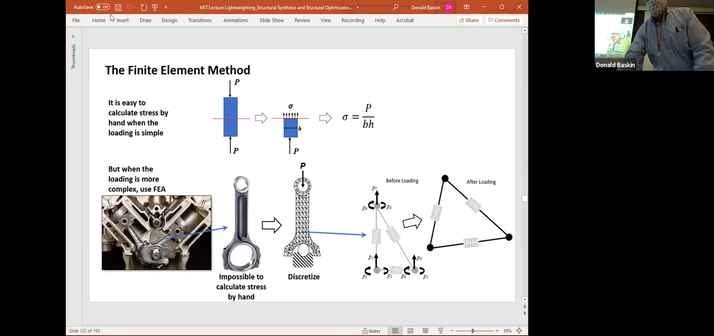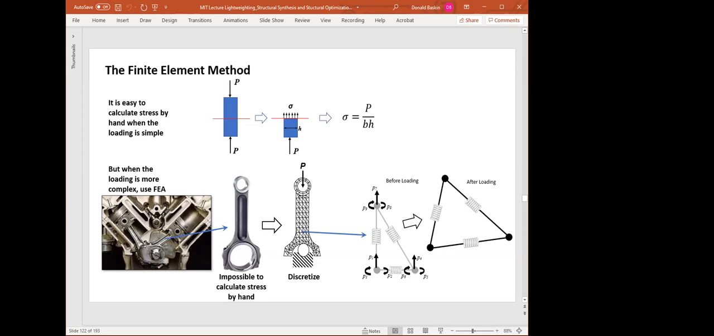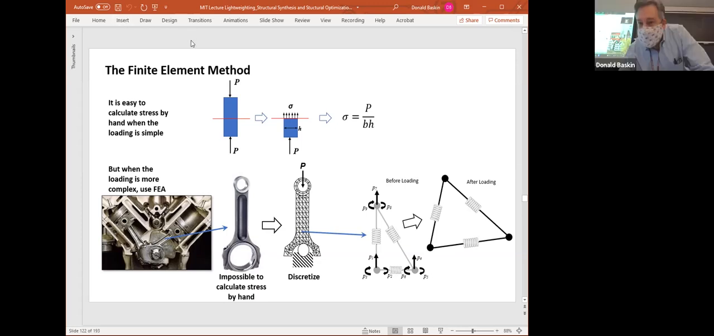Finite element analysis. Lucas, you there? Tyler? Yeah. So, let's see if I can make this bigger for you